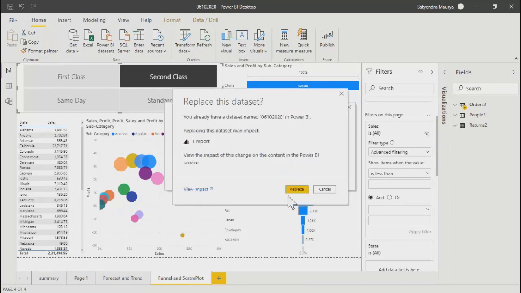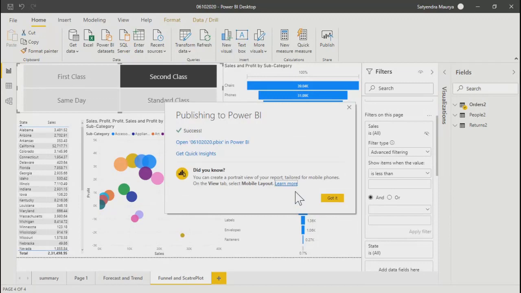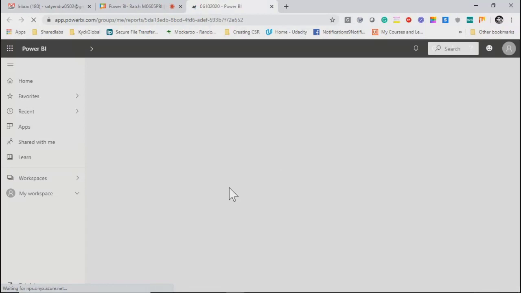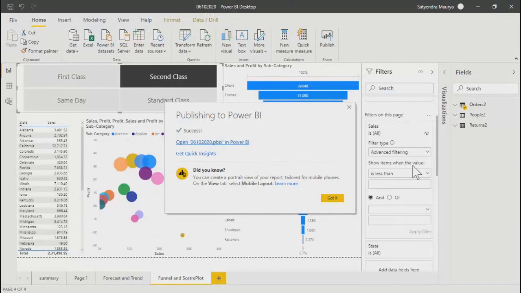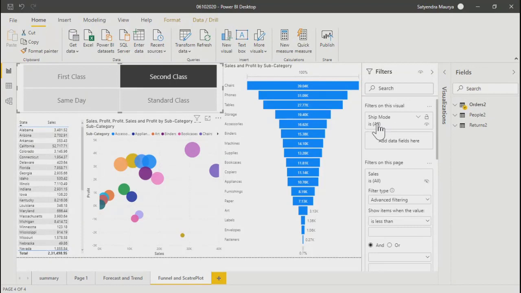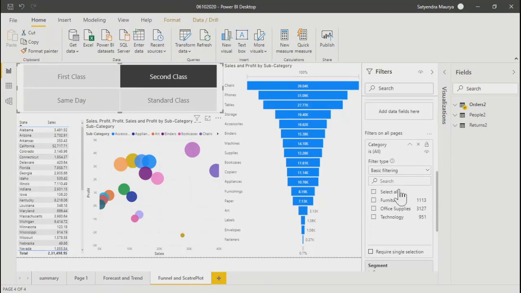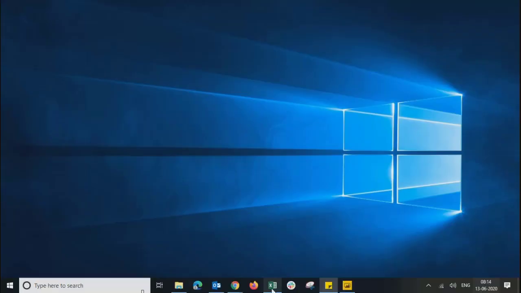and this is on funnel and scatter plot. This was your sales filter. Over here, if you see, you got ship mode, sales filter is hidden, and you are getting the other two filters, which are segment and category.